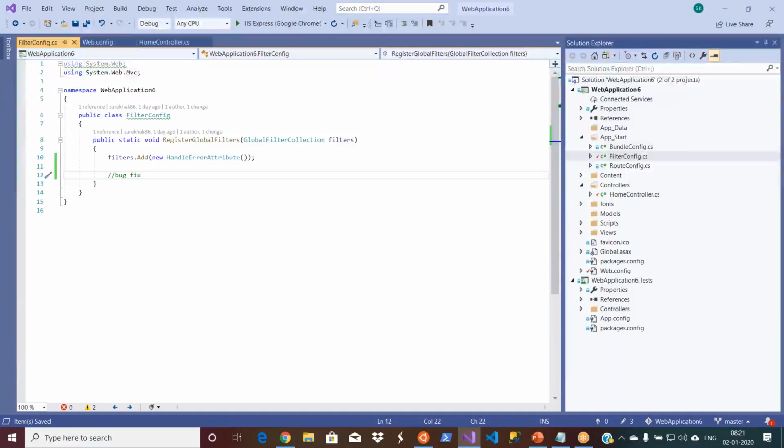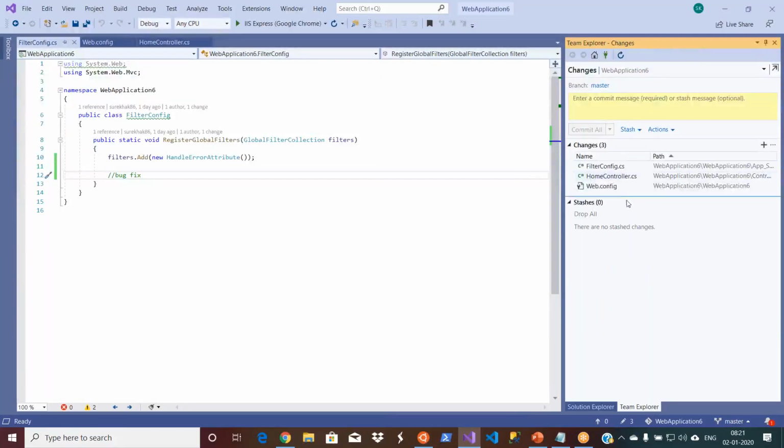Traditionally, if you go and commit, what happens? All the changes that you made so far will be committed. That means the bug fix code and the code that is not completed. So you fixed one bug and it will introduce some other bugs, because the code which is not completed is also pushed to the environments. So you need to avoid it. Traditionally, as we discussed, you will make a backup of these files, start deleting the half-done code, then do the bug fix and push it. But you can't do it that way all the time.